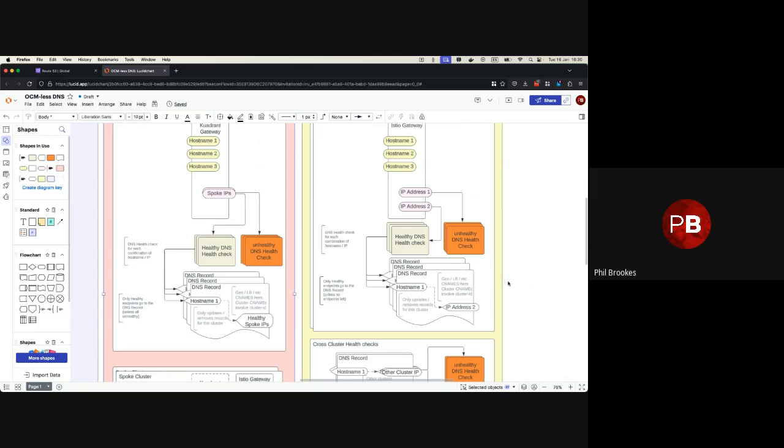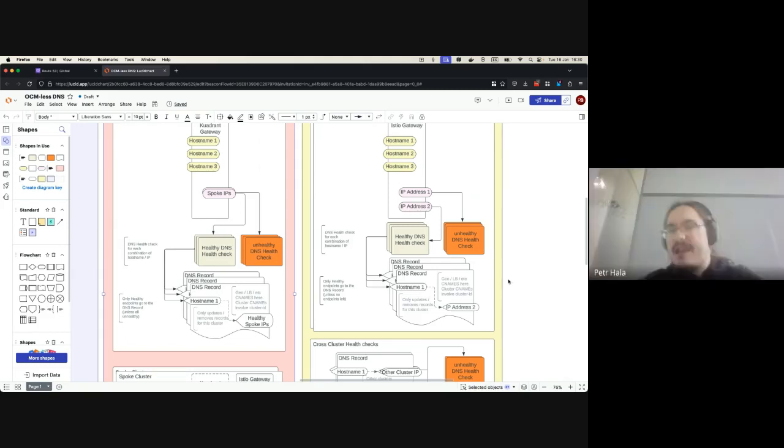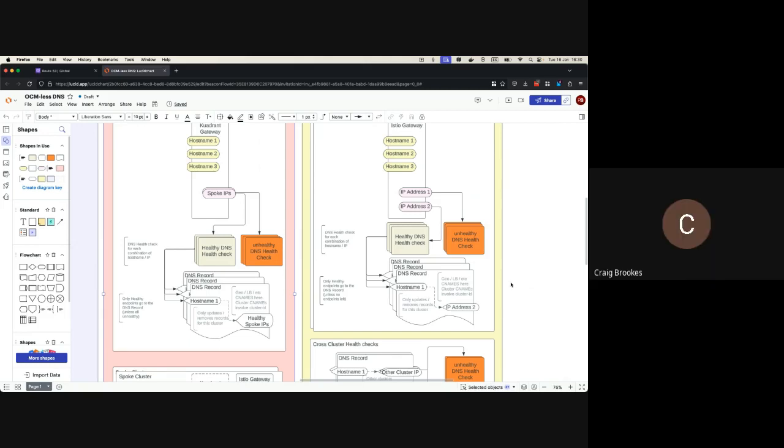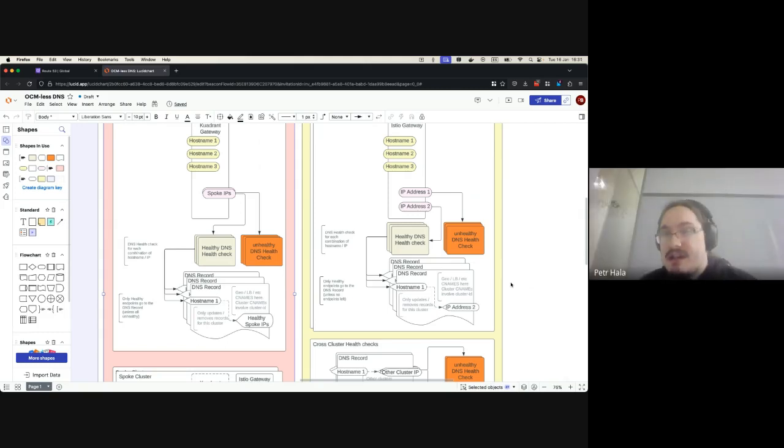I suppose metrics could be exposed to reveal that information in a centralized way. Obviously, they can go and look at the zone file and see what IP addresses are in there as well. Well, the problem is it could just be in status as well, right? Yeah, that's what I wanted to propose. You're going to do a get, you're going to see that there's stuff that you don't own, so you can see how many other clusters there are, and you can just put that into status. Yeah, basically,